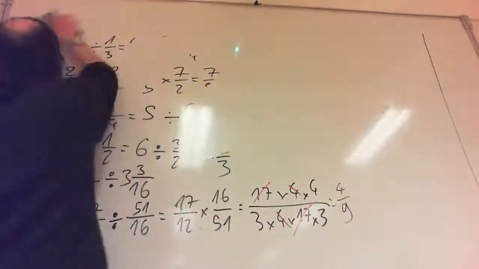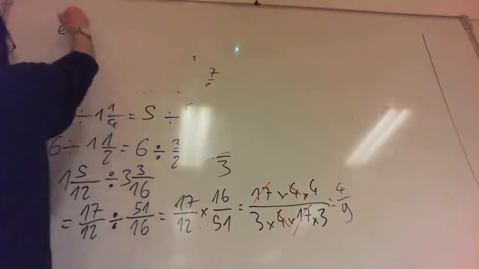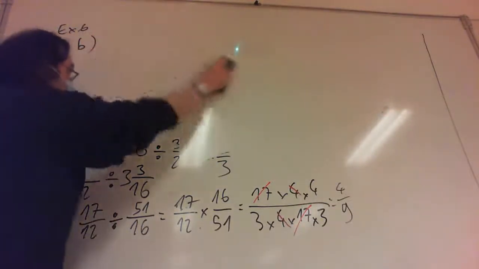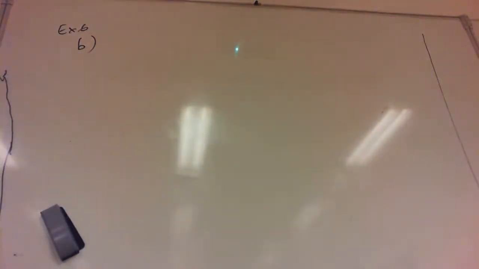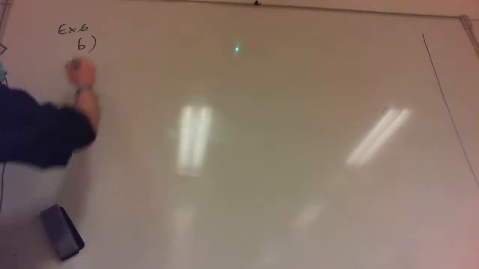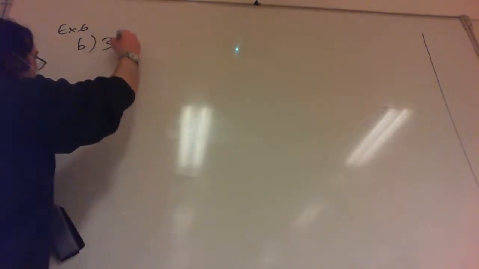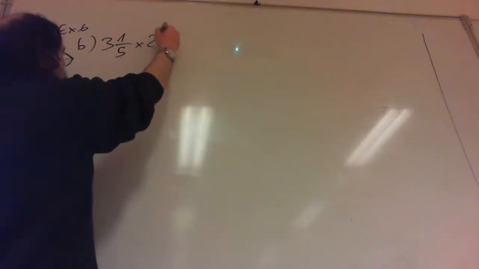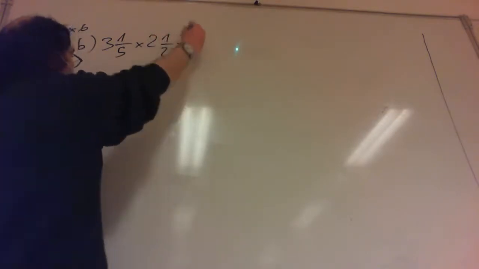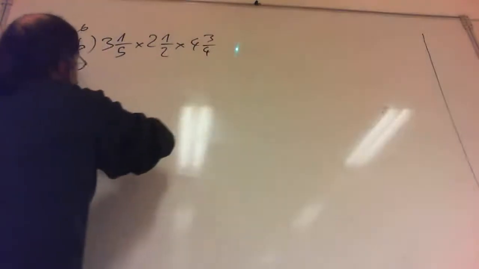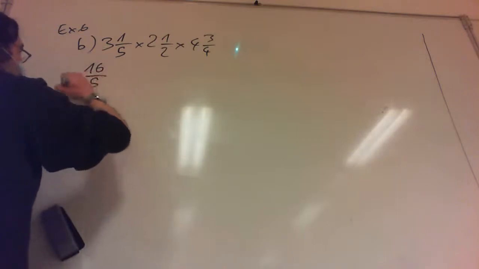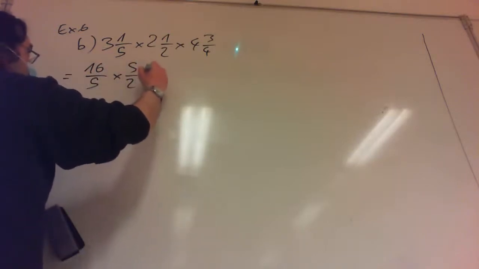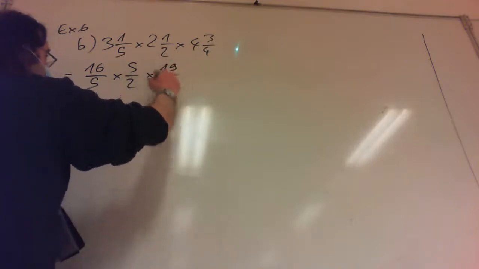What's the B? Exercise 6, B. And the result at the end as a mixed number. So I'm listening to you. 3 and 1 fifth times 2 and 1 half, 2.5, times 4 and 3 quarters is equal to 16 over 5 times 5 over 2 times 19 over 4 is equal to